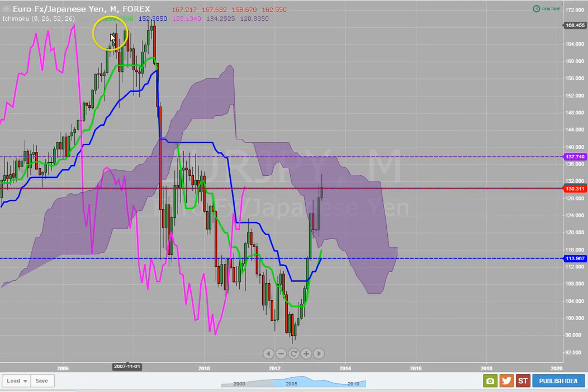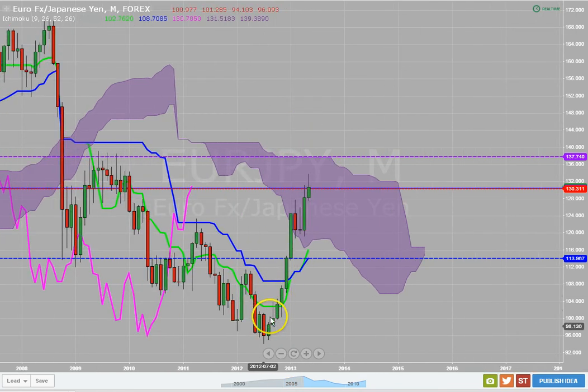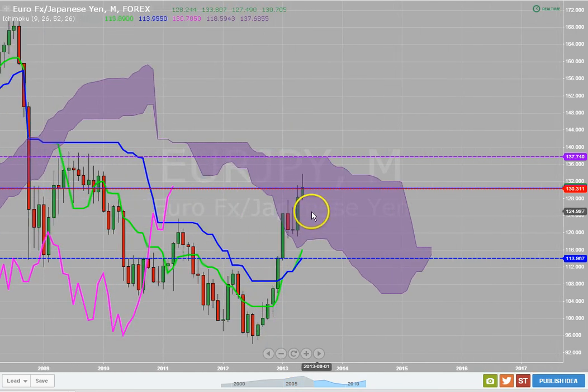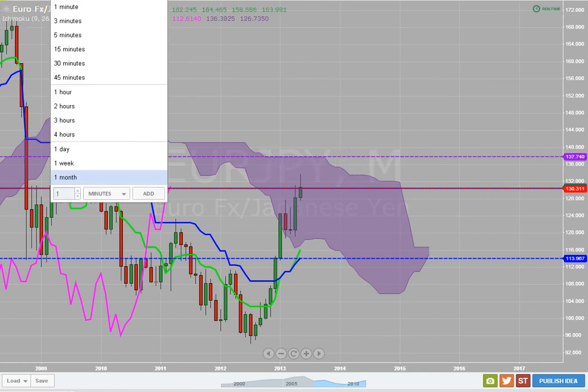Alright traders, this is the Euro Yen on the monthly time frame. Again, this may not be ready to pull back, because maybe this level might be the level of the pullback, but then again maybe it goes up to here. And this Kijun-sen will still always be your level for your 50% retracement pullback. So on the monthly time frame, all I put in on here was my Kijun-sen level, and I have this level right here, my cloud. That's on the monthly time frame. That's all I'm looking at there.